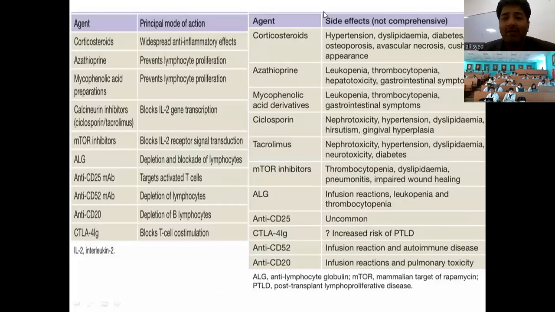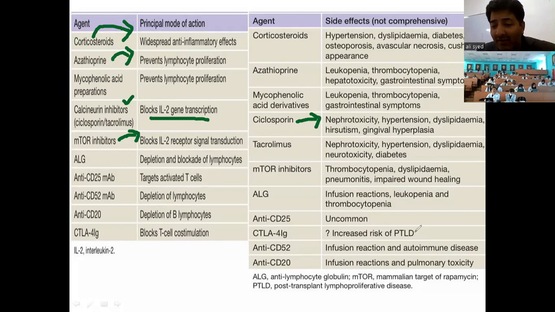So what are the immunosuppressive agents? See here, a very long list. I'm not going into the details. Calcineurin inhibitors block interleukin 2 gene transcription. Azathioprine prevents lymphocyte proliferation. Corticosteroids have widespread anti-inflammatory effects. mTOR inhibitors block interleukin 2 receptor signal transmission. But all these agents have their side effects. Cyclosporine causes nephrotoxicity, hypertension, dyslipidemia, hirsutism, and gingival hyperplasia in patients. These also increase the risk of PTLD,